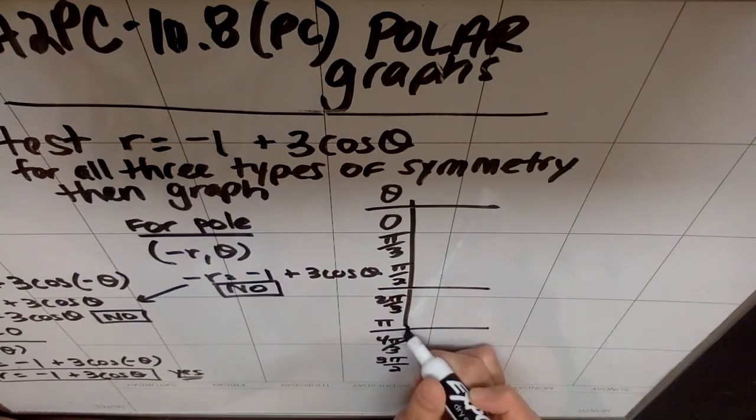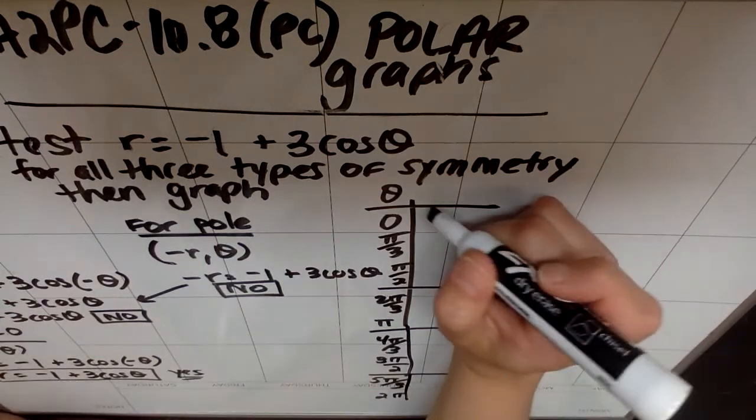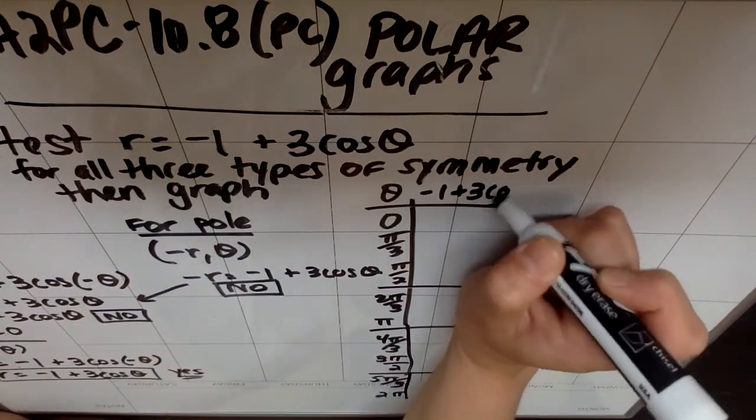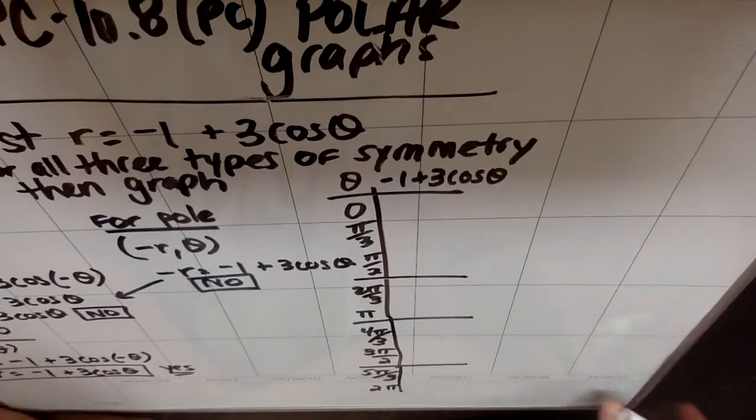But I'm actually going to argue you don't need the last couple, the 5 pi over 3 and the 2 pi. And I'm going to argue that the reason you don't need the last ones is because we just tested for symmetry for a reason, right? So if you wanted to combine your calculator knowledge and do a better graph by hand than just sketching a crappy graph,